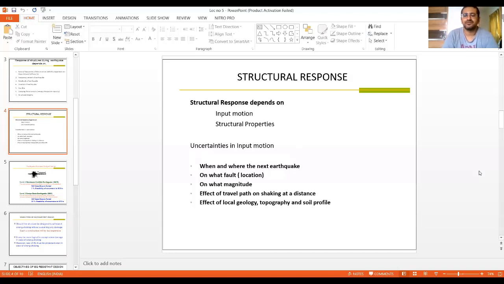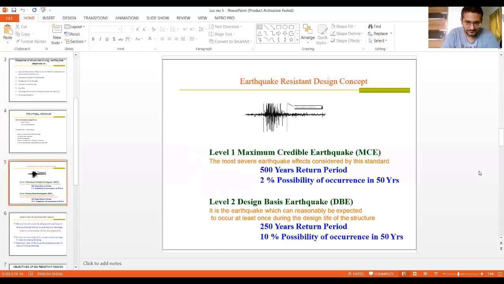But when you talk about input motions, then we have very limited information on that, and as a result of that, we'll have to go by the assumptions or go by the bylaws or the thumb rules that are laid down by the Indian standard, right? So since there is a lot of incomplete data as far as input motions are concerned, the question that comes to our mind is what is the exact magnitude or exact intensity for which a particular building should be designed, right?